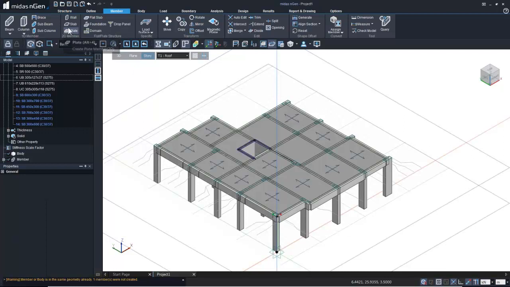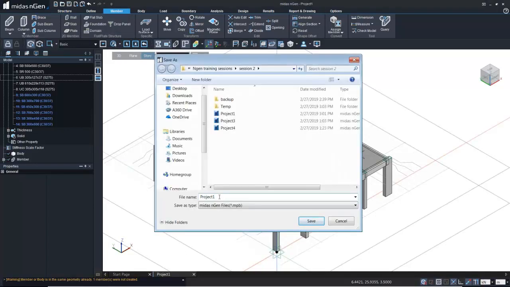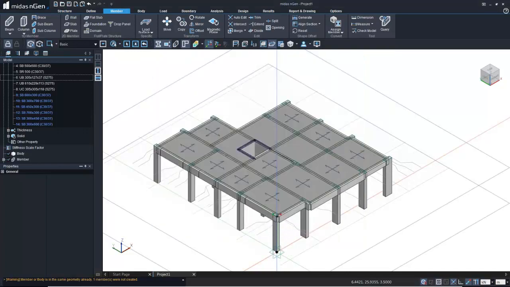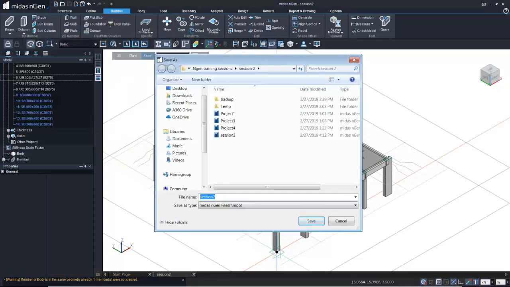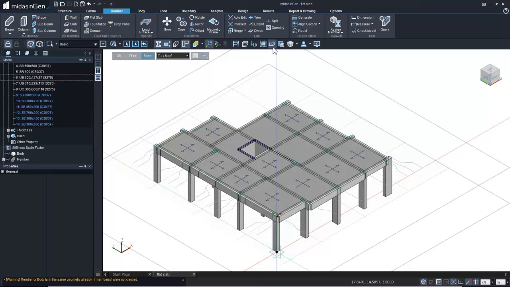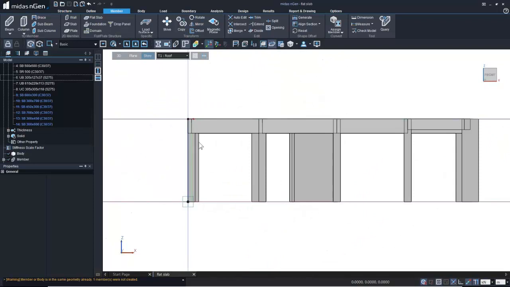Now this was regarding a simple slab which is generated in between all the beams. If you have flat slabs, then there is another procedure. So let me save this model, and I'll save this model as session 2. Okay, and I'll save this model, make it for flat slab. Save. All right, and here I will simply delete